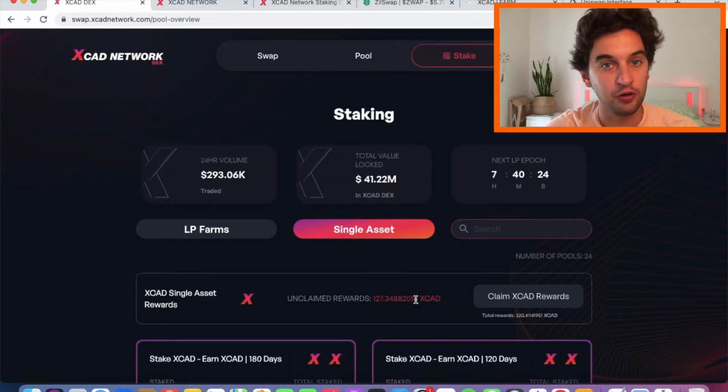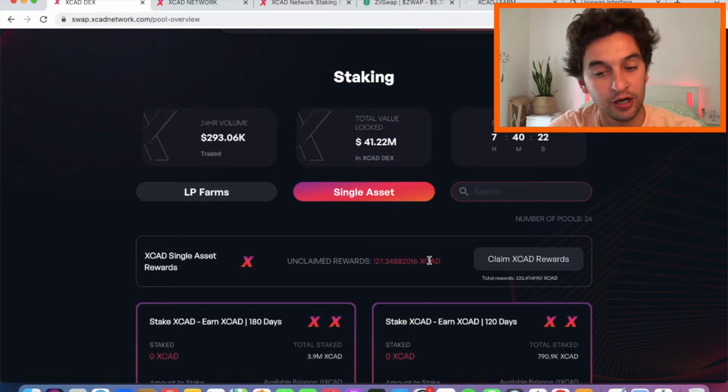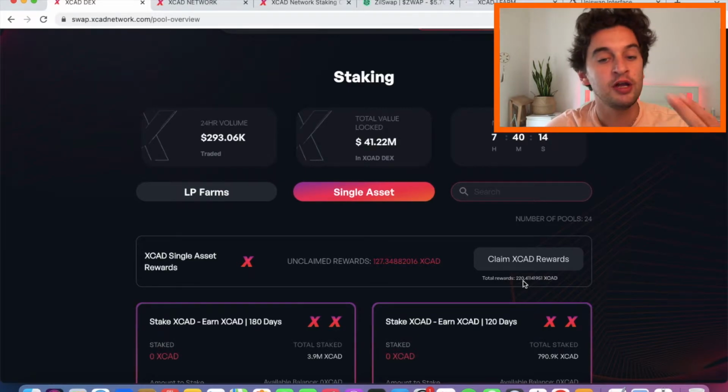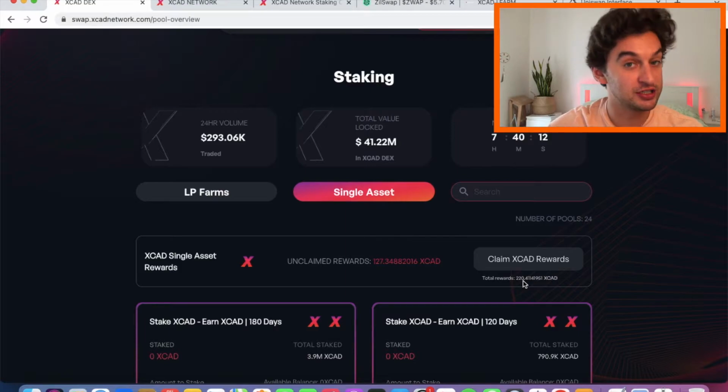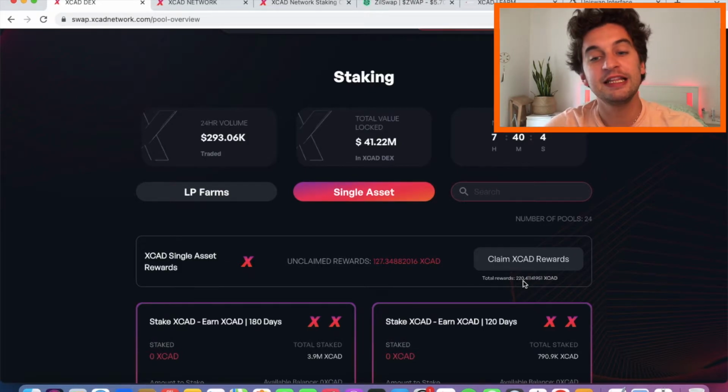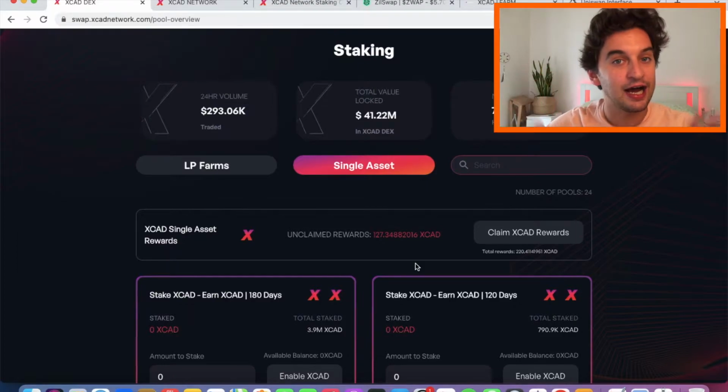The rewards for the single asset will be appearing up here, as we're able to go and see here. Unclaimed rewards, I have this one for a total of 220 XCAD rewards from the previous single staking. So this is my third single staking with XCAD. The first one was on Ashendex, on the first exchange. The second one and the third one were on their website. So these are the two, let's say, in-house staking and LP on their website,